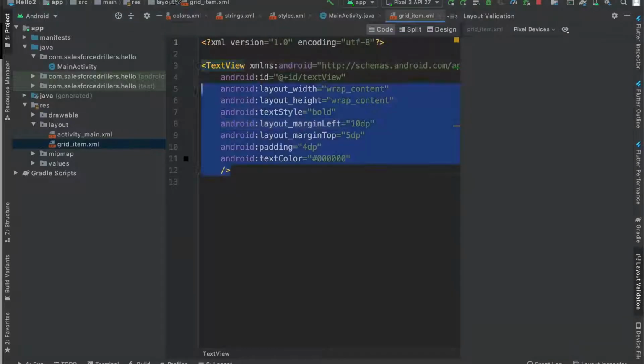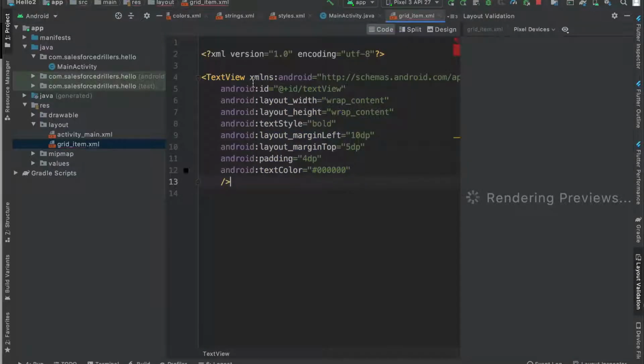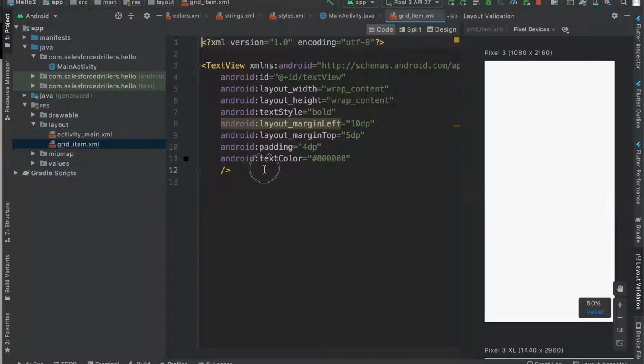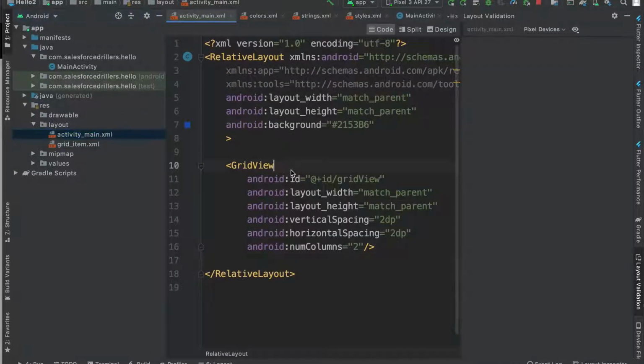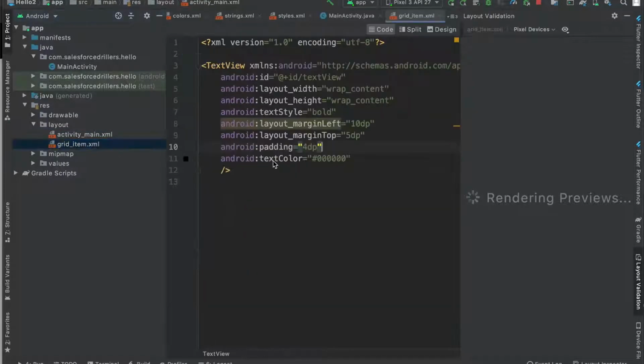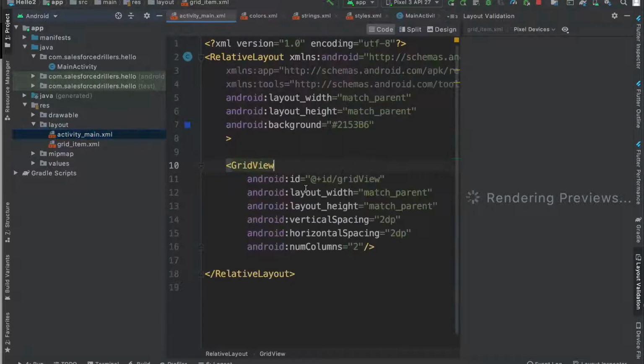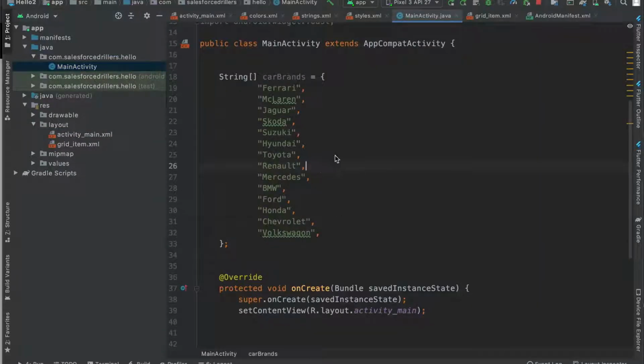Here we replace this whole code with the grid view code. The screen is white because there is no text in there. So we have completed the XML. This one is the row and this one is the main grid view.